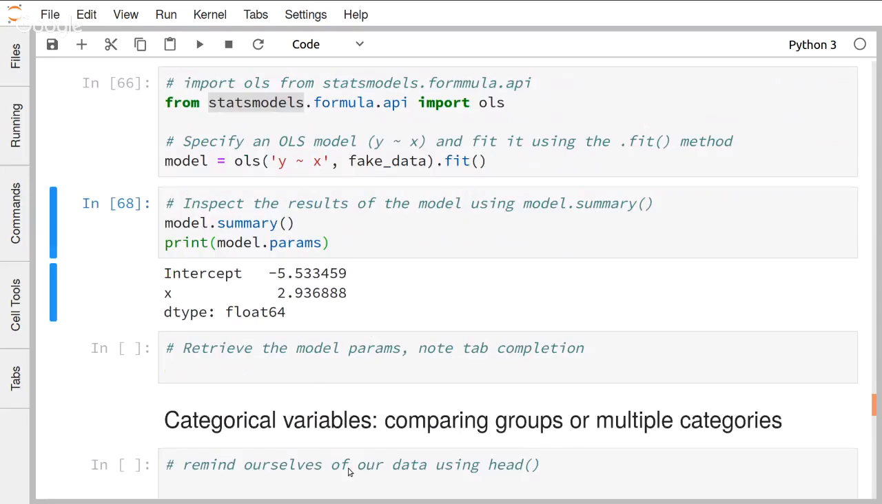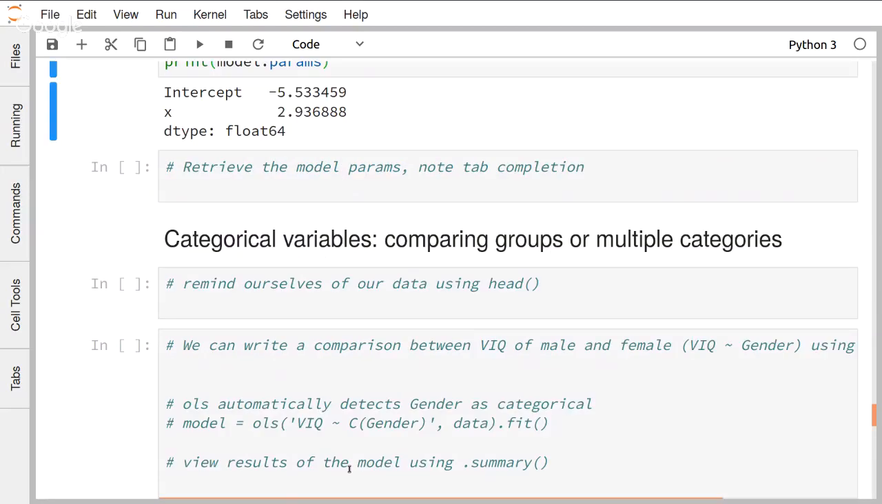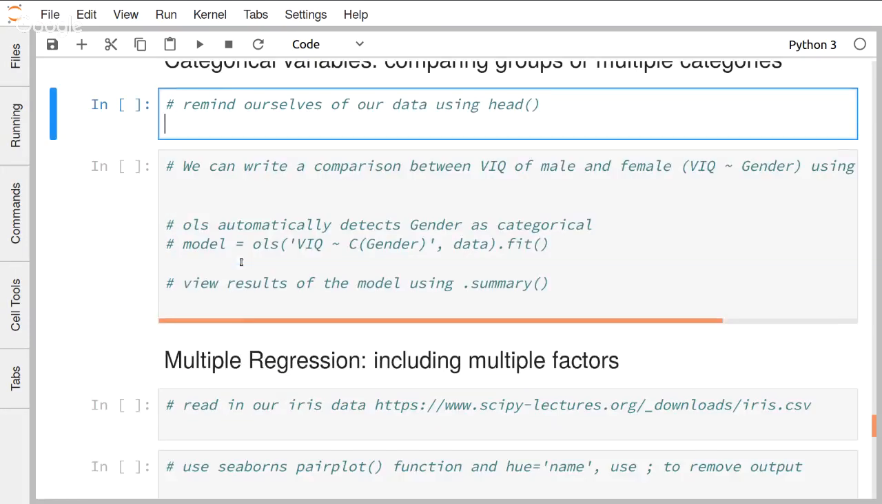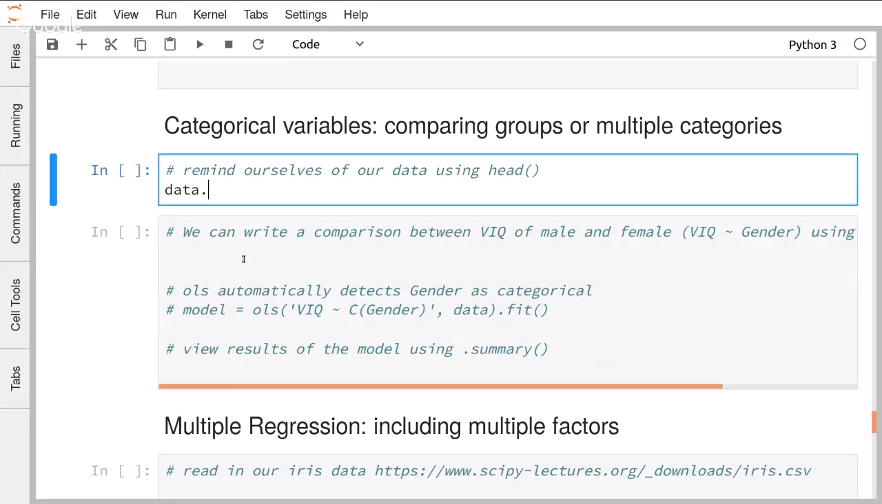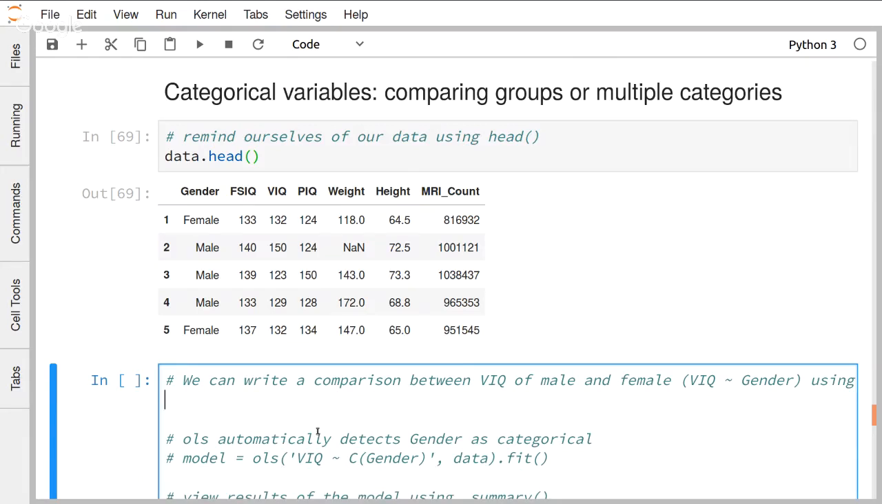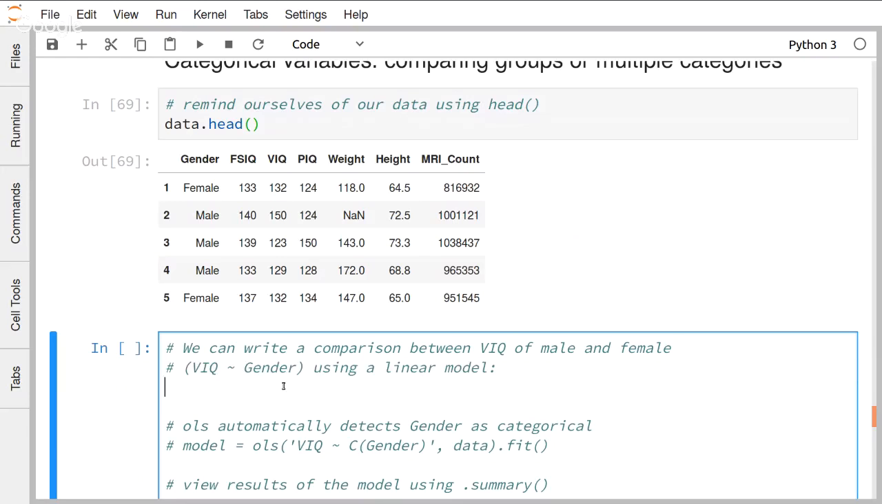But what if we have categorical variables and we want to compare groups or multiple categories? So not just one thing against another thing. Let's remind ourselves what our data looks like by using data.head. So it looks sort of like this. If we want to write a comparison, we want to see if the VIQ is related to gender using a linear model. We've already done this using the t-test, right? But now we want to see if there's a relationship using the linear model. So we can do this by doing